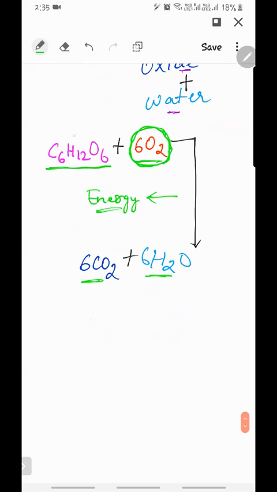See, one molecule of glucose reacts with 6 molecules of oxygen to form 6 carbon dioxide and 6 water molecules, and energy will be released. In this process, all the cells will not use oxygen. Certain cells may not use oxygen. So if oxygen is used in this process,